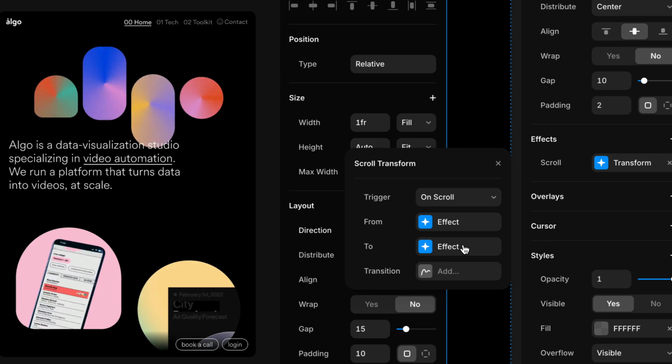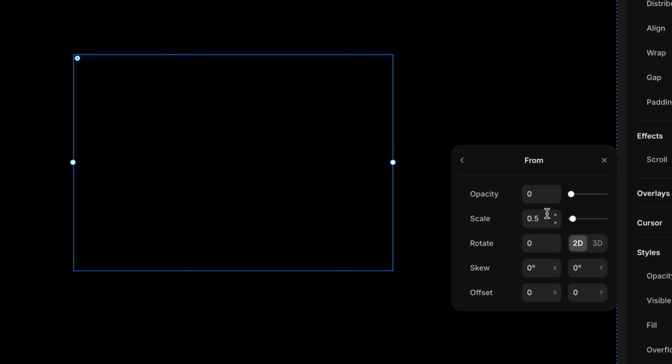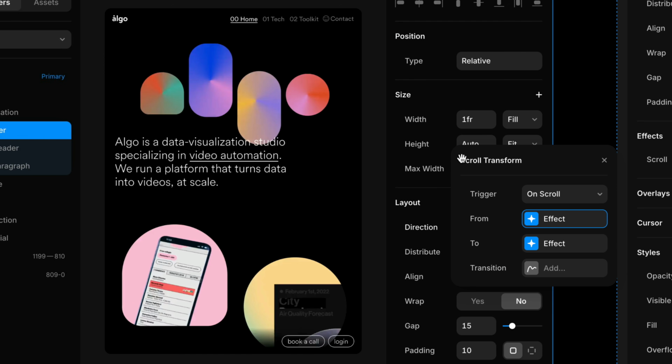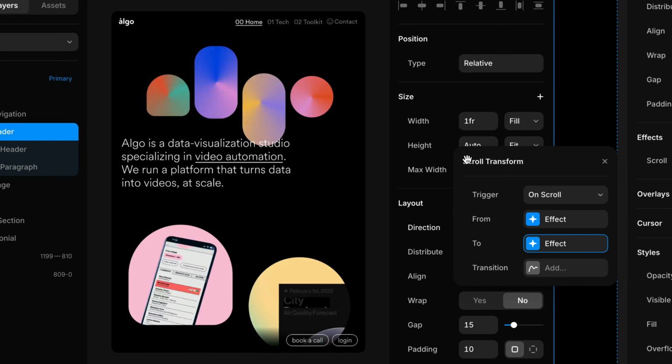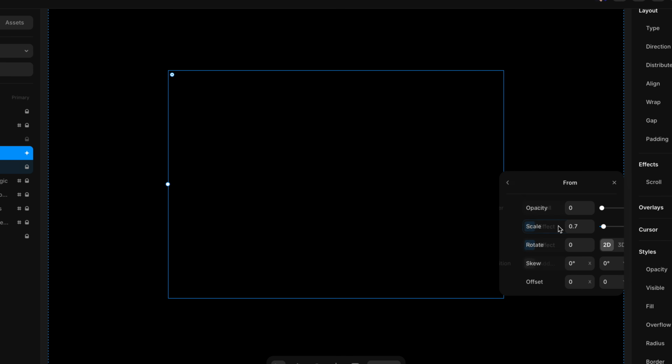So let's actually do that. I'm going to click on from, and we'll say, let's start this at 0% opacity. And then rather than scaling up from 0.5 or 50% of its original size, let's have it scale up from 0.7 or 70% of its original size. And then if I go back and look at the to effect, I'm going to leave the to effect alone. Normal opacity, normal scale, normal everything, which means the layer is just going to end up looking the way it does here on the canvas. So at the beginning of the animation, we'll have this appearance, and then as we scroll, it'll transform gradually toward